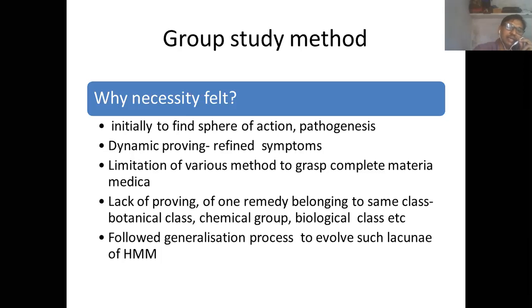Then come the days of dynamic proving, where we got more and more refined symptoms, and these refined symptoms were guiding us to that specific remedy. So initially drugs were studied in the crude form, focusing on the sphere of action, focusing on the pathogenesis. Then came the dynamic proving, giving more and more refined symptoms. And whatever methods were existing, like anatomical schematic method, keynote method, therapeutic method, comparative method, picture method, all these methods became